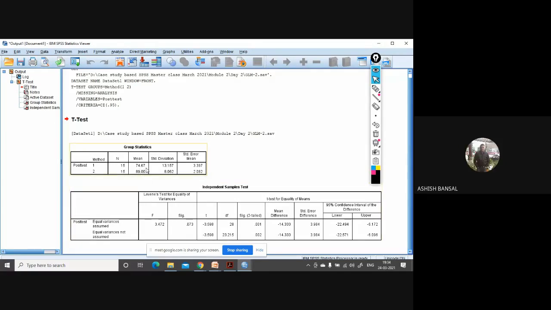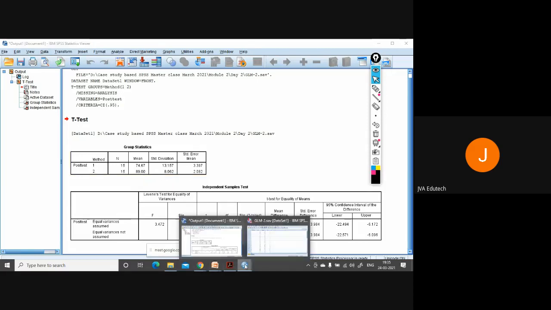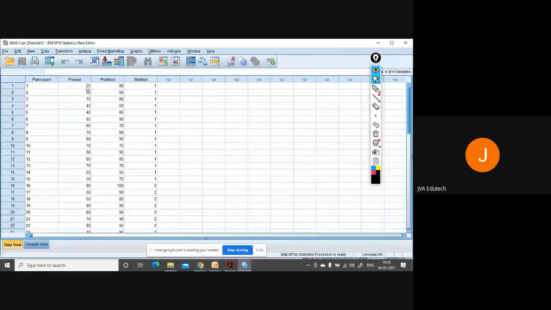Okay, now see, here we have just performed an independent samples t-test, but there is their initial quantitative ability, the pre-test. What about this? We have to control this. Are you getting my point? The independent samples t-test is just giving you an overview that both methods have a different effect on student scores.